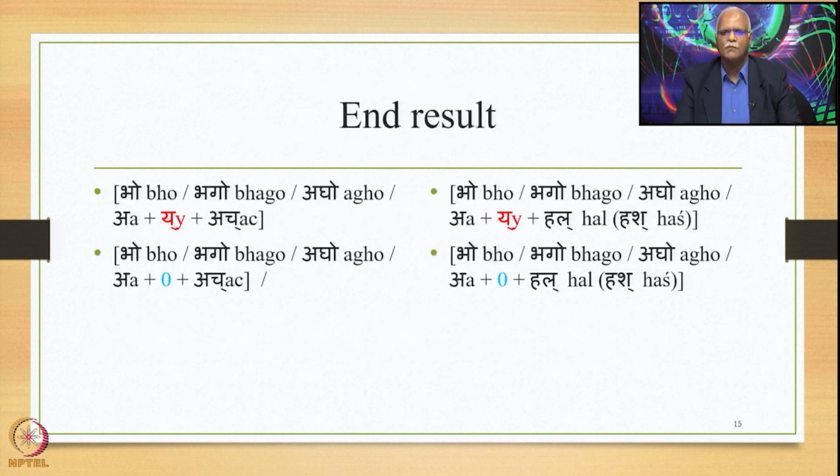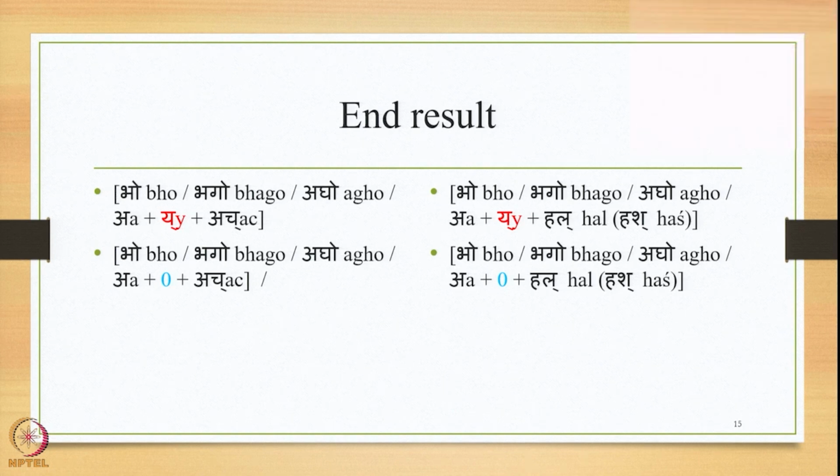So this is the template example. If you have bho/bhago/agho/a plus ya plus ach, then you have bho/bhago/agho/a plus 0, that is deletion, plus ach. This is the optional derivation,